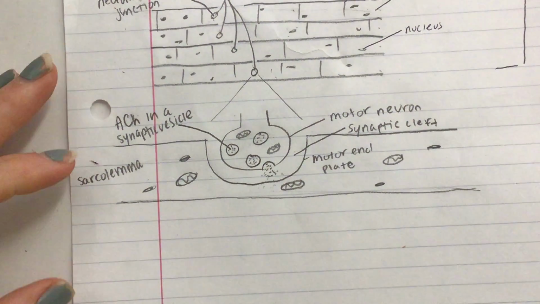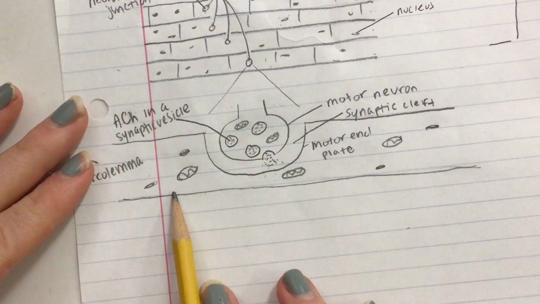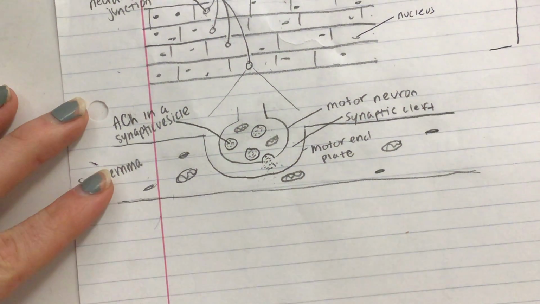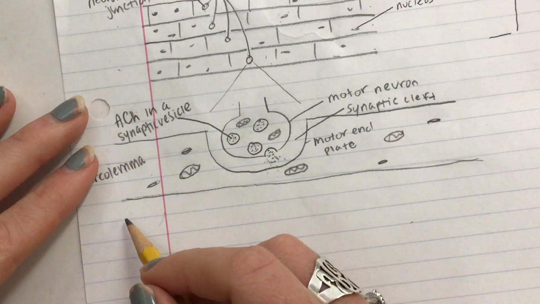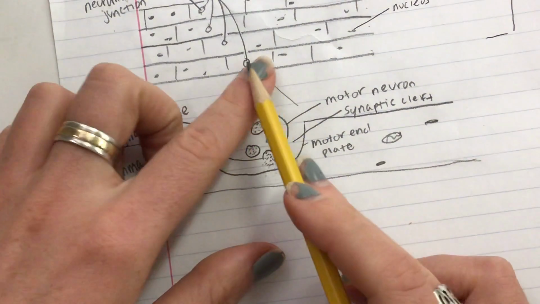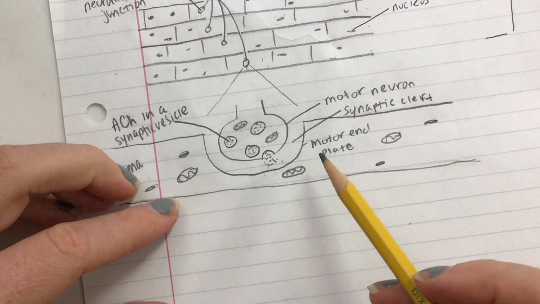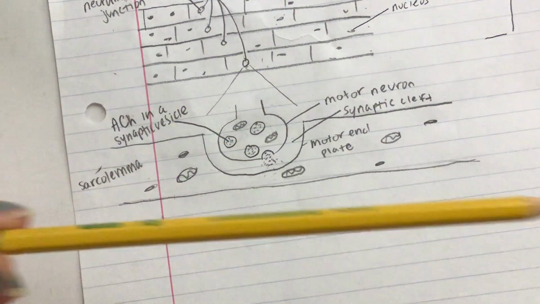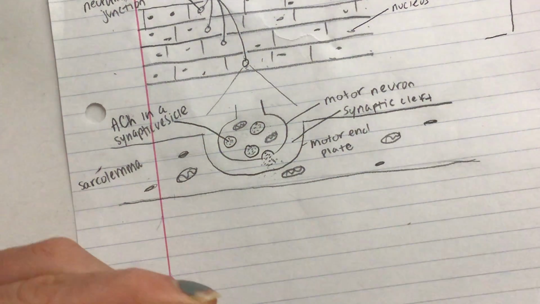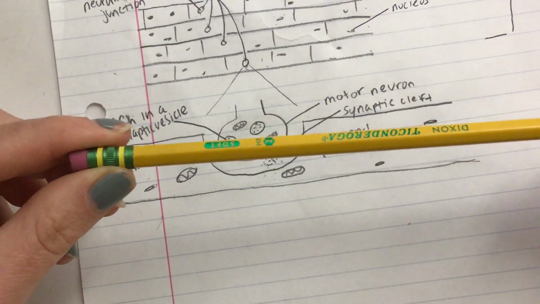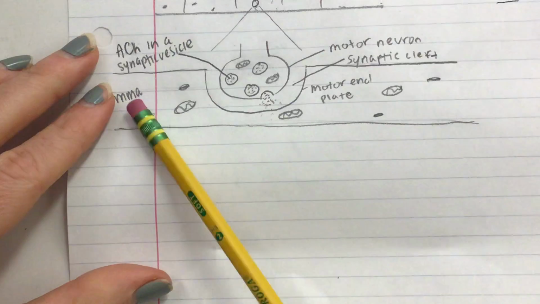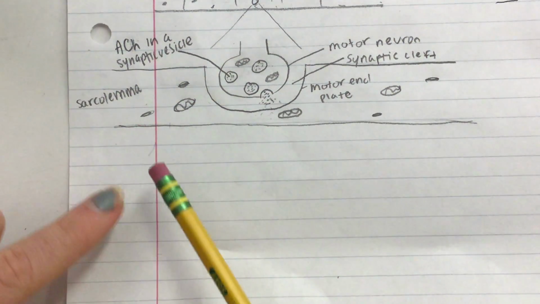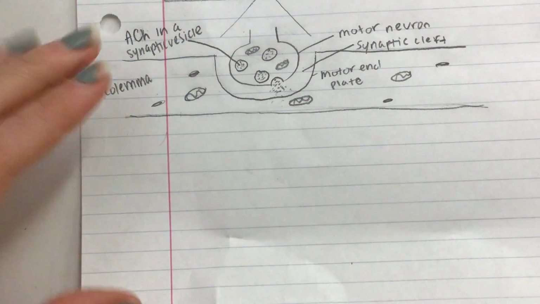So we have to keep drawing this a little bit. Right now, we just have the sarcolemma. We're going to look underneath it, and underneath it, what we would see is a bunch of myofibrils. So we'll just draw one myofibril. Again, we're way zoomed in. We made this really big, and so, basically, I just drew the sarcolemma. So if you think about this pencil as being your muscle fiber, the muscle cell, the sarcolemma would be wrapped around it. Right? So if we cut through it this way, we're going to see this cross-section that we're looking at of the muscle fiber with sarcolemma on one side, and we're going to just show one of our many myofibrils on the